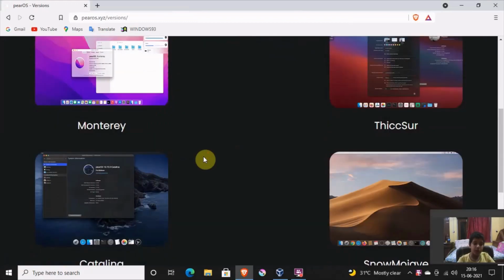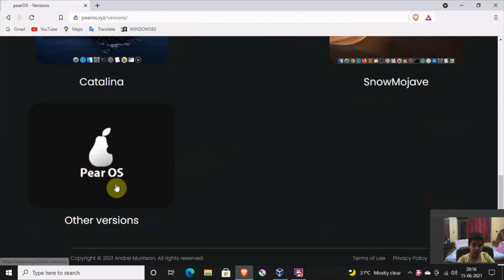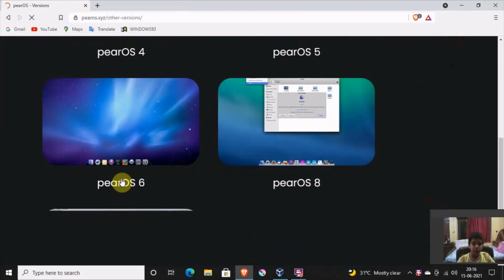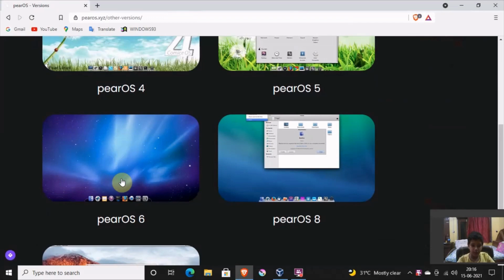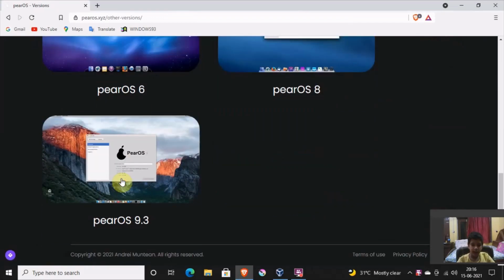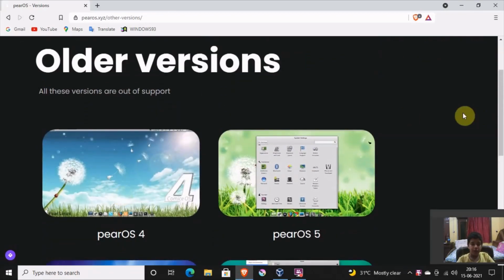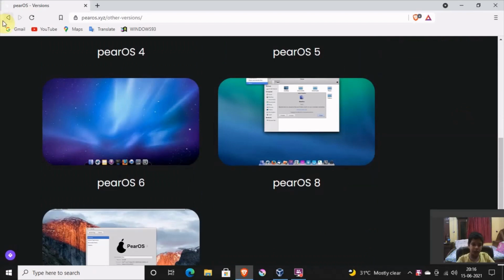If you want more versions, you can click on other versions, but these versions are out of support, so they have a higher chance of getting a virus or something. So I don't recommend you to download these versions.